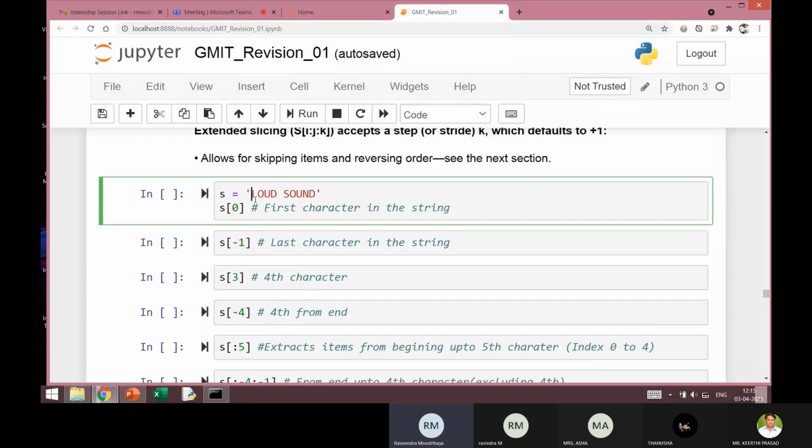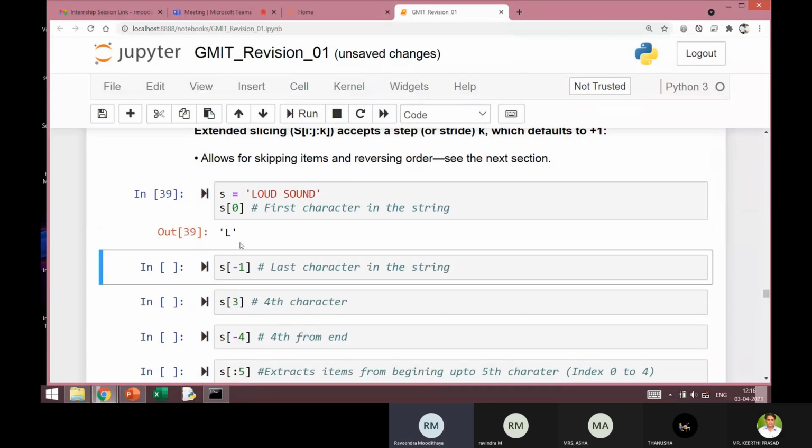Now let's see what happens if I give s[0]. See the way it is written: the name of the variable, then a square bracket, and inside the square bracket I put an integer which represents the index. So here I am expecting the first character to be outputted. If I enter, you can see the first character L is outputted. So I have extracted the first character, which has the index 0.